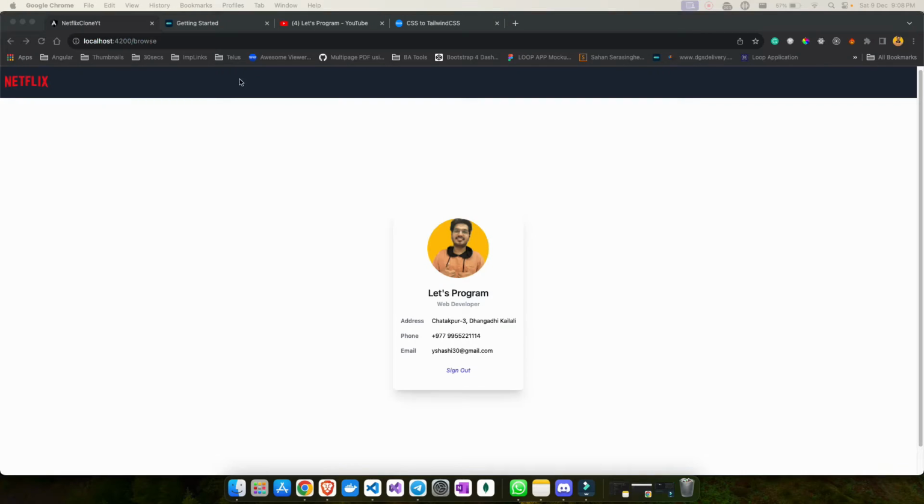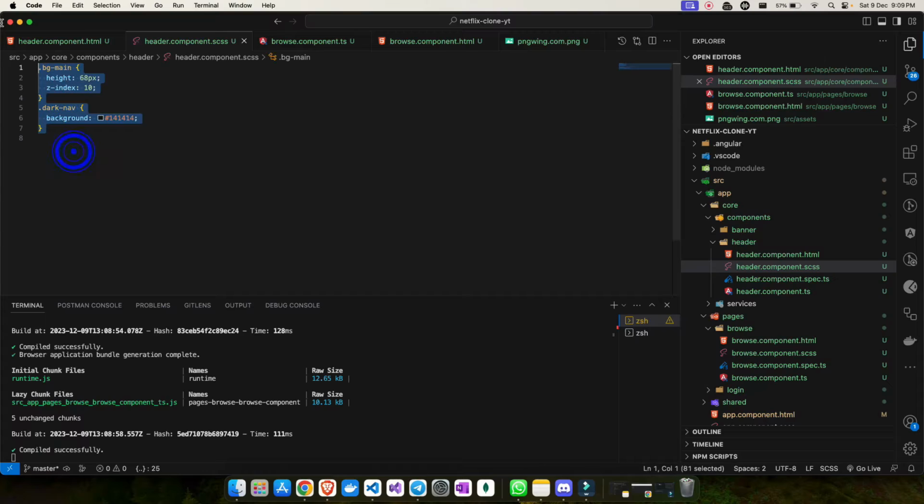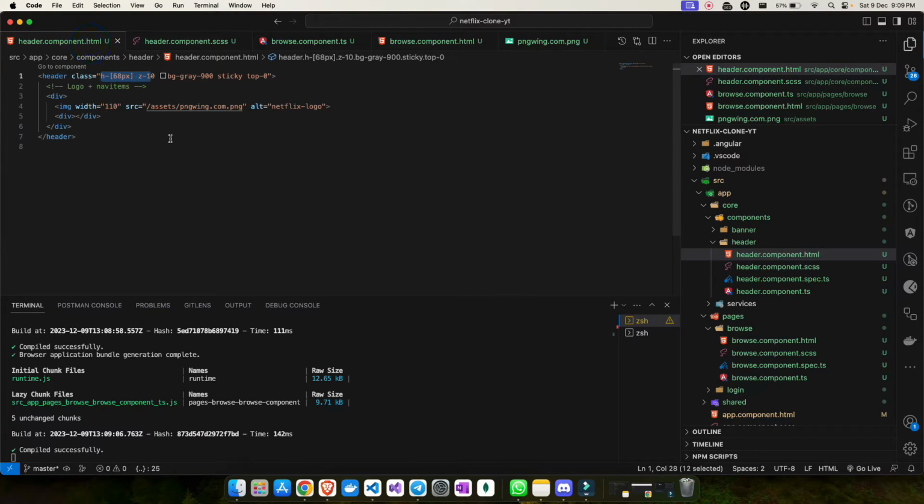So if I save it, now it is a little bit lighter, but I think the dark one is quite good, so let me keep that. Okay, so you don't need to add anything like this, so I can remove this now. So that's how you do it with CSS. If you don't know it in the start, you can just make use of Google, convert it, and you can start using it.